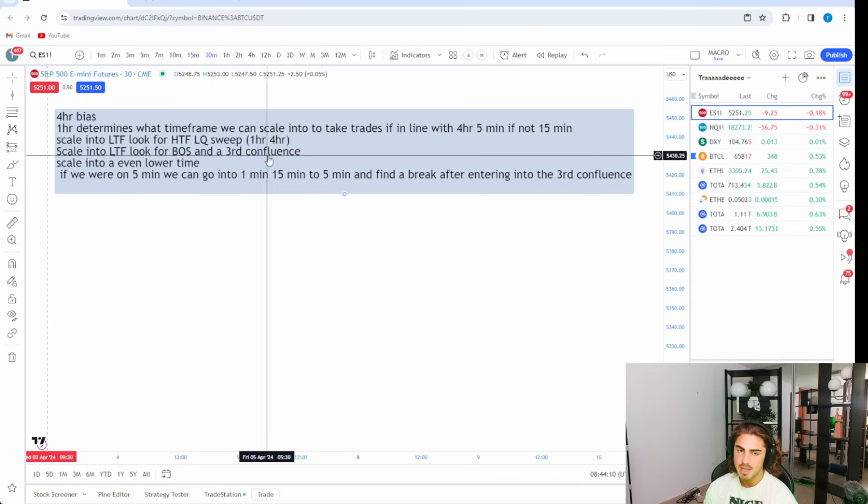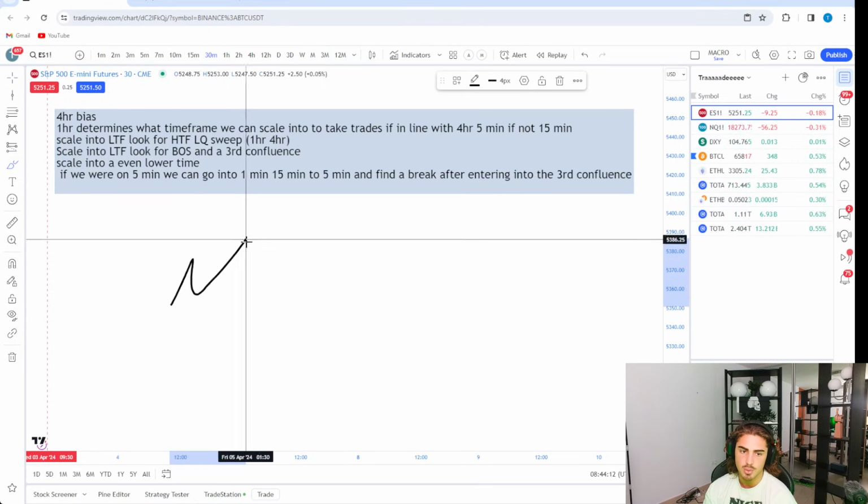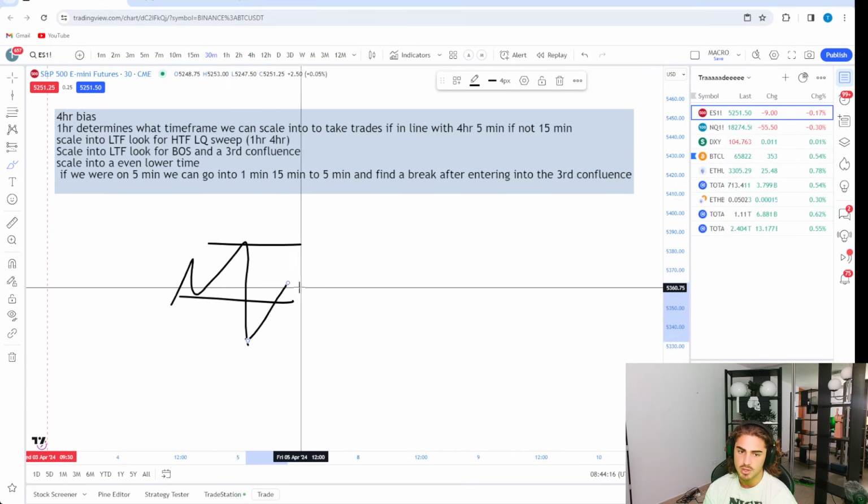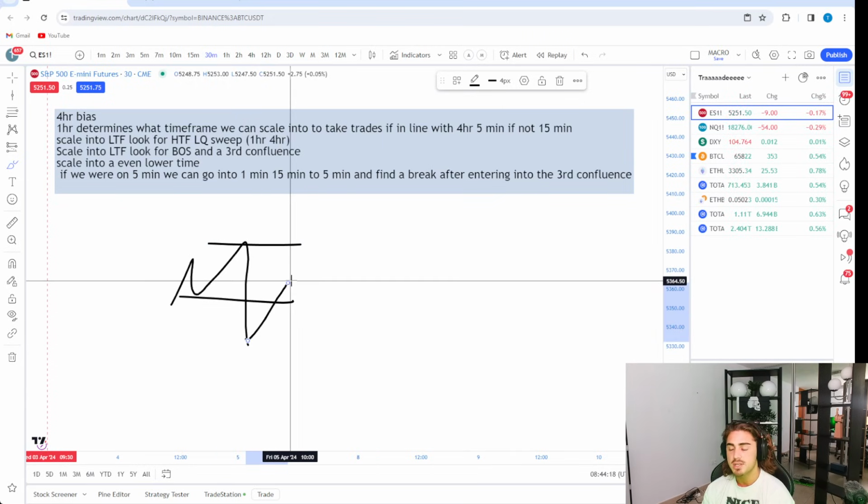of structure, and then a third confluence, okay? So that could be boom, break of structure, and then we have an order block, and we're looking for a third confluence to get entered in. Once the third